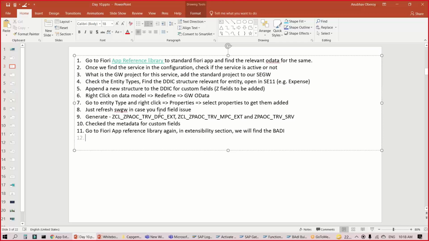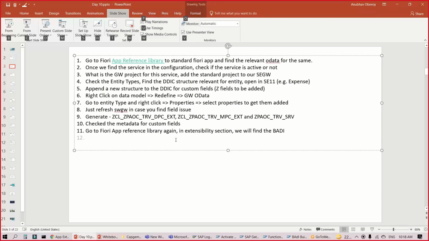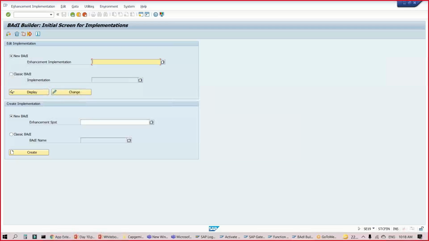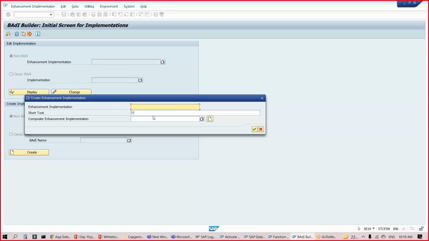So we can go to SE18 and check the BAdI, and then we go to SE19 for implementing the BAdI. BAdI stands for Business Add-Ins. So let's go back to transaction code SE19.